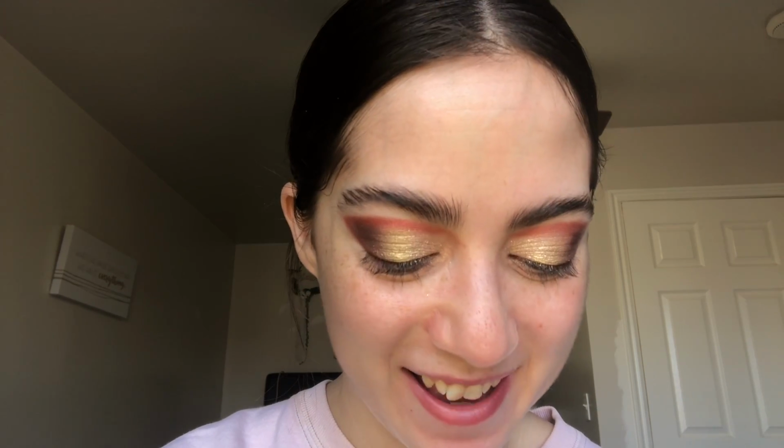And the way she talks about it is it's light to medium coverage. You can sheer it out or build it up, and it's very lightweight and very glowy, and the longer you wear it, the better it looks somehow. And that's kind of what I'm looking for. So I got it. I've been wearing it a couple times. This will be my third time wearing it, and so far